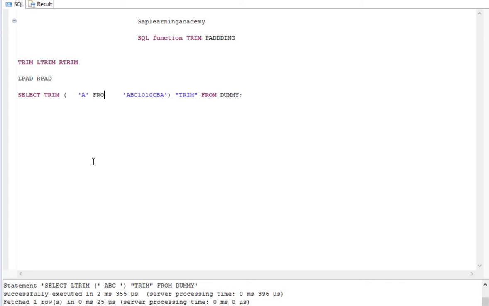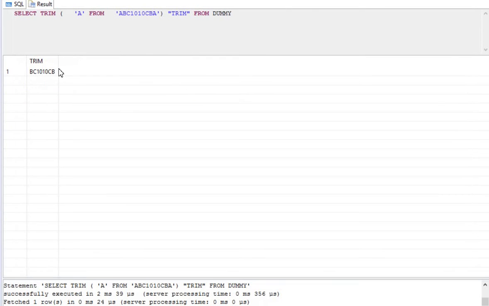Now if I write A to be trimmed from this string, it will check for A on either the left side or the right side, and wherever the A is, it is going to remove it from this string. If I execute now, you can see that the value A has been removed from this string.